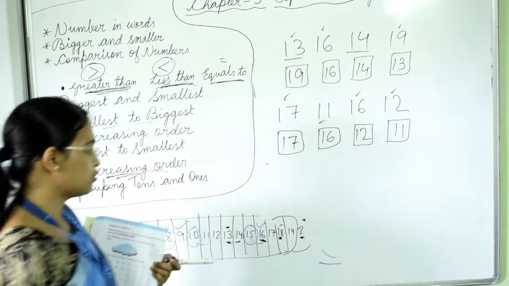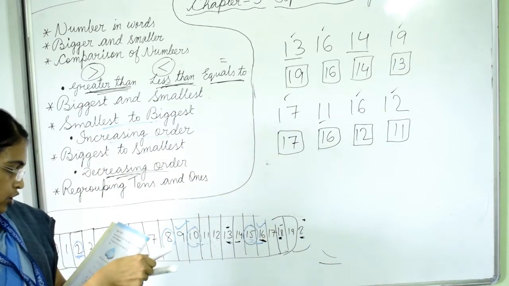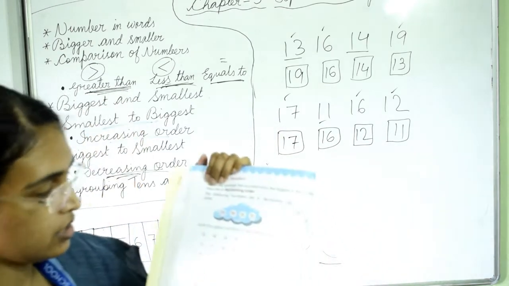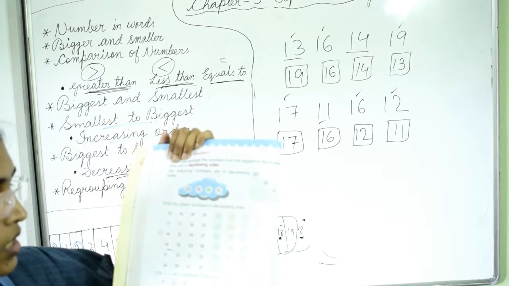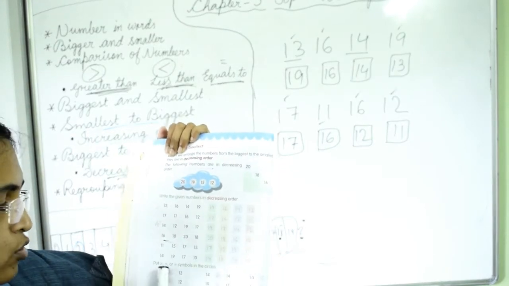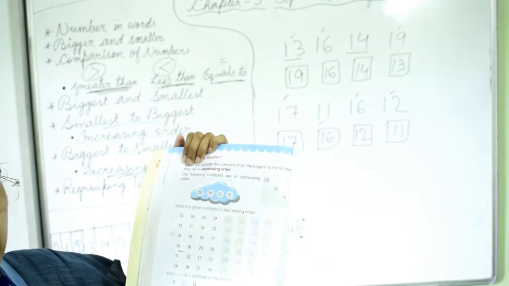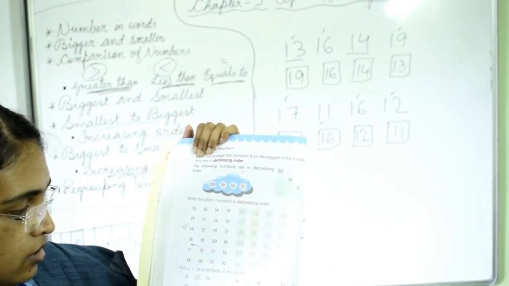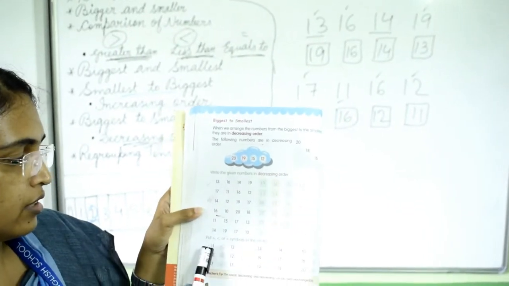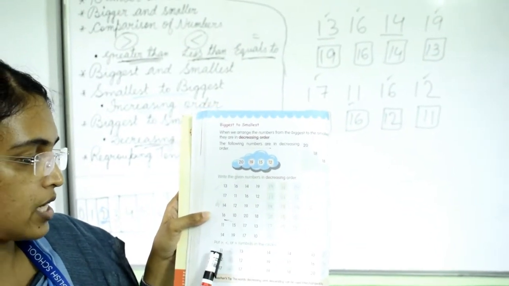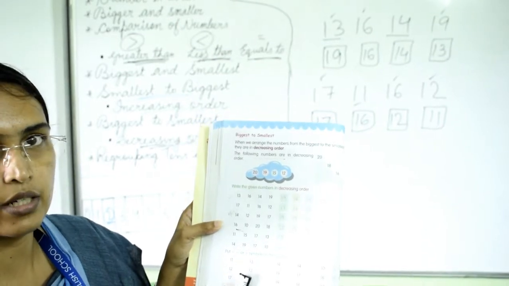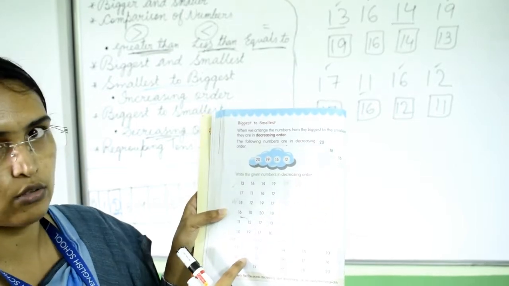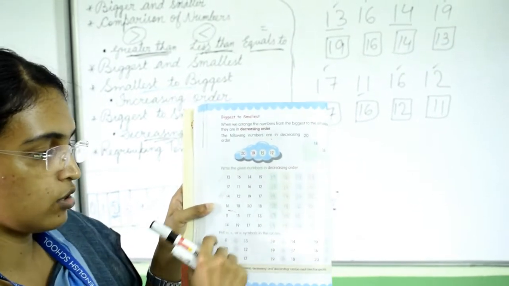So in this way you have to arrange this in decreasing order. So rest of the part is your homework. And here next question, here also you have to put the greater than, less than and equals to sign, which I have already discussed. In this question, the numbers are 11 and 13. You have to find out the greater than or less than or equals to, whatever the answer is, you have to put that sign. Okay, so this part is also your homework.